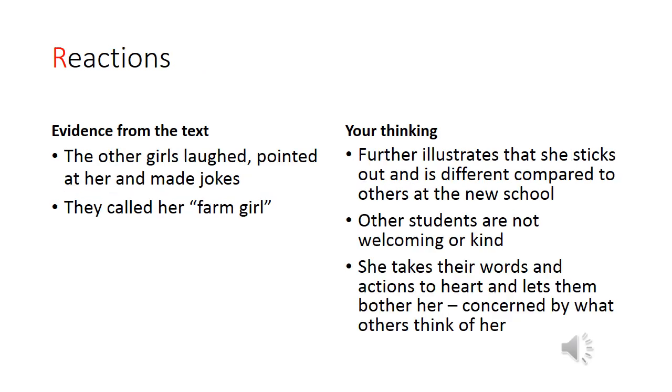When considering reactions, you're looking to find out what other characters are saying or doing in relation to the main character. And in relation to Anne, the other girls provide us with some evidence about reactions towards her. They laugh at her, they point at her, and they make jokes about her, and they call her farm girl. So from their reactions, we further find out that she clearly is sticking out and she's different compared to others